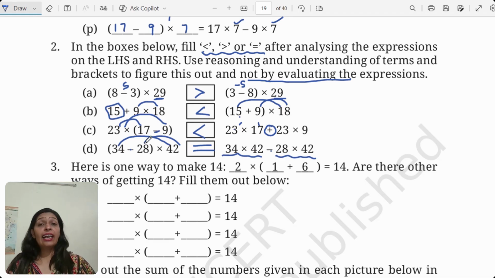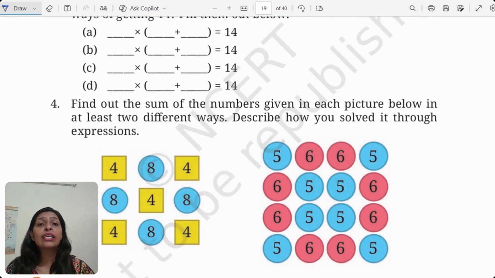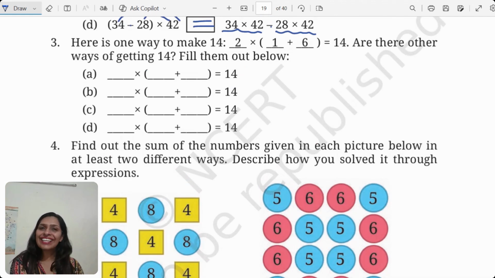All right, and I hope you remember what we call this property. Since the beginning we have been doing this: one number is outside, we are opening the bracket, and how it is getting opened. You know the property. This property is actually known as distributive property. You can guess from the name itself. Why distributive? We are distributing the outside number to the inside numbers. Right? So by this you can of course remember distributive property.